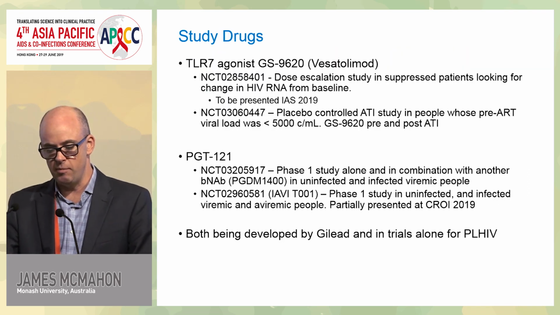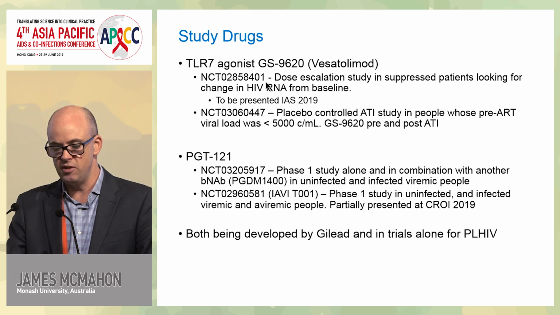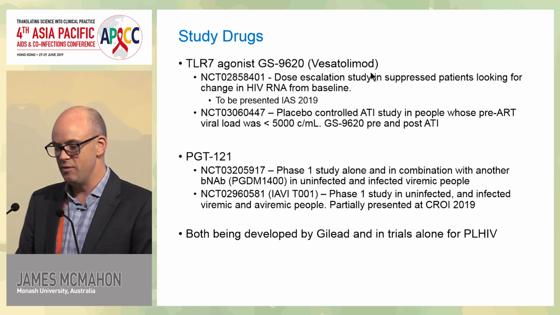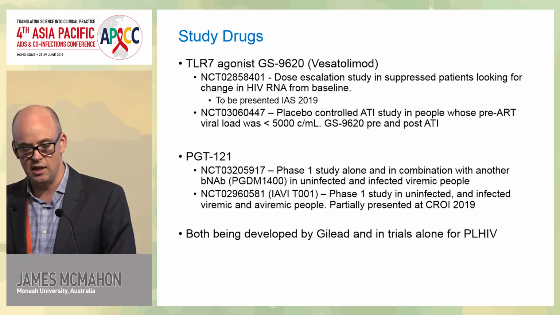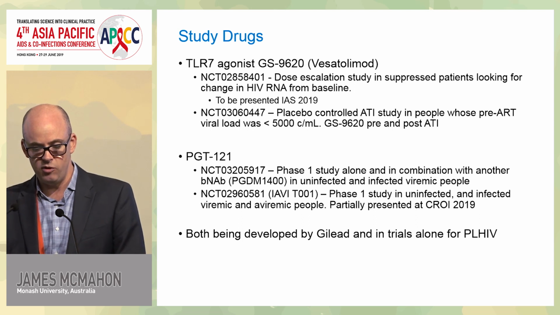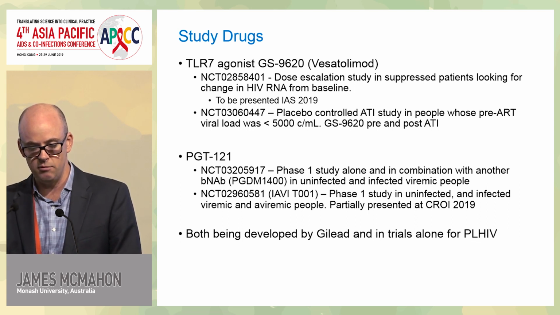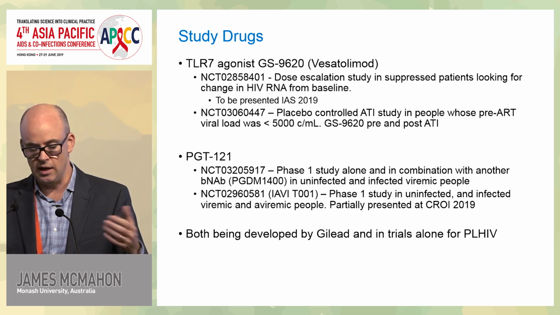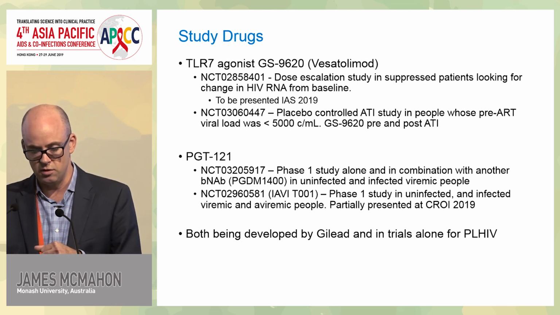As I mentioned, these drugs are also in other studies. The name of this one is vesatolimod, which is always confusing, but if you think about toll-like receptors, they've always got toll within these names. They're immune modifiers, they're called IMODs. So if you see tolimods, they're going to be TLR agonists, and there's a range of different TLR agonists. Gilead is presenting their first trial at IAS, a dose escalation study in people with HIV, and there's another trial that's been underway for some time. This antibody has just been presented at CROI, some data, which if I've got time, I'll flick through, and it's being investigated by other investigator-initiated groups as well.